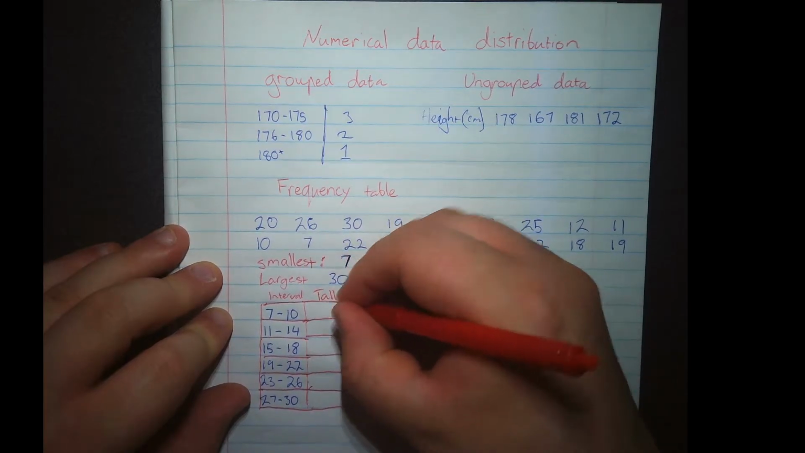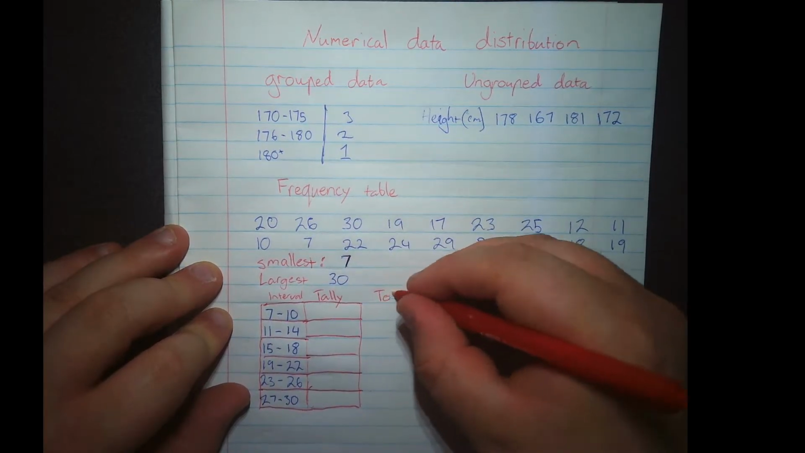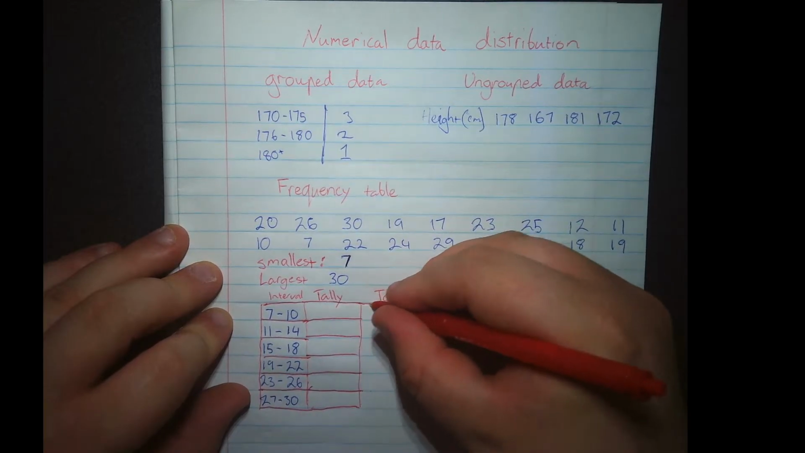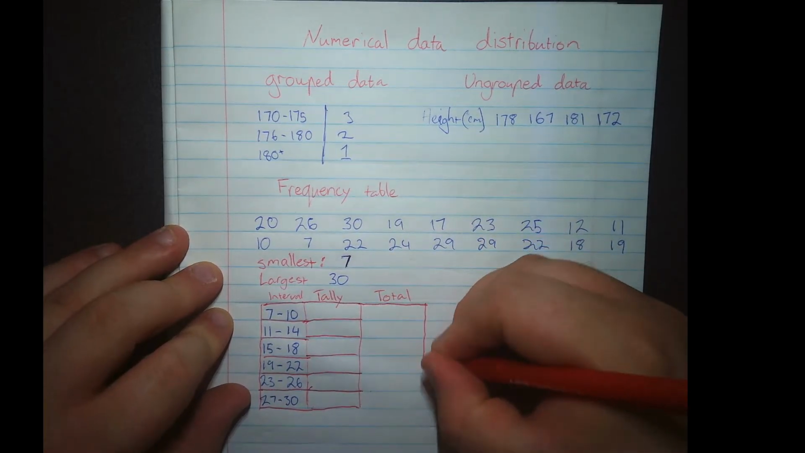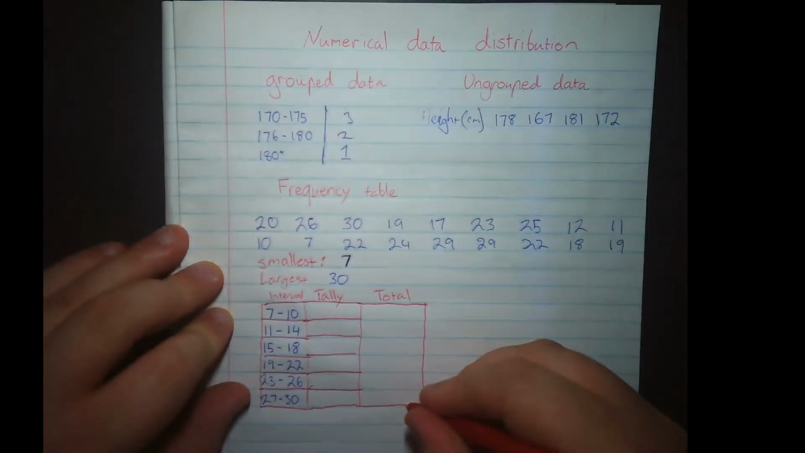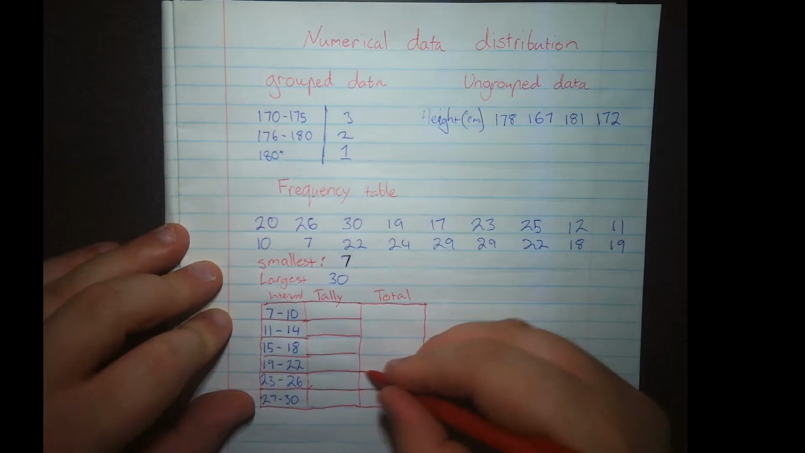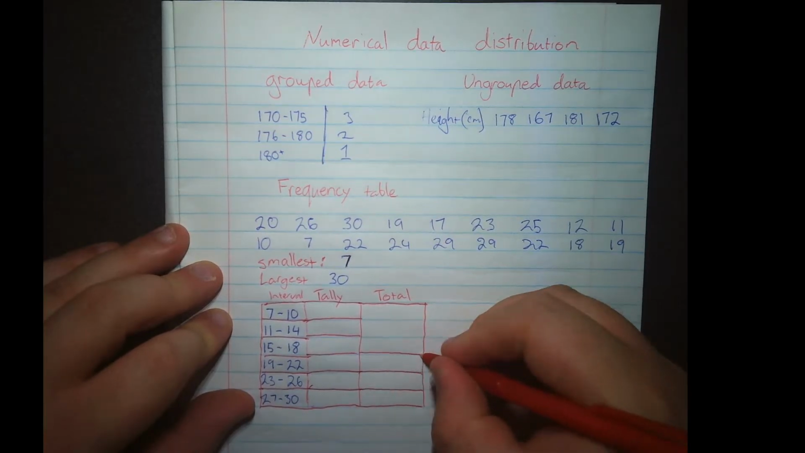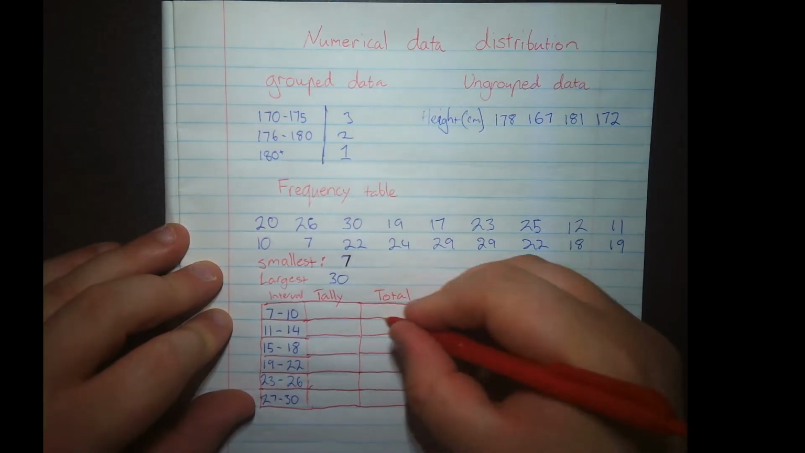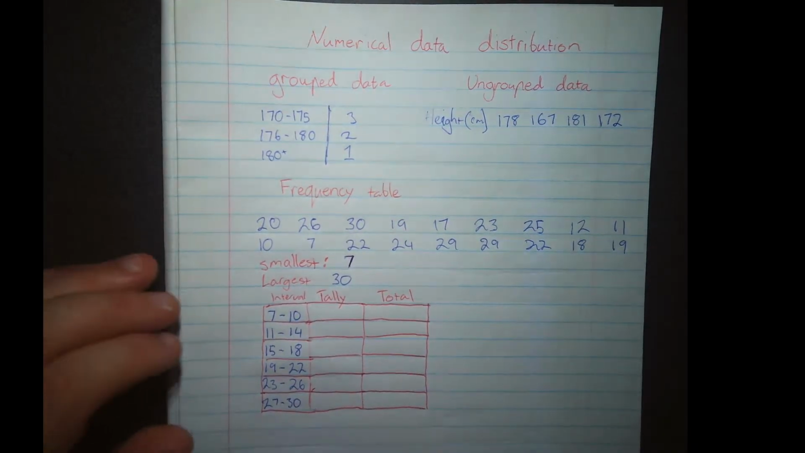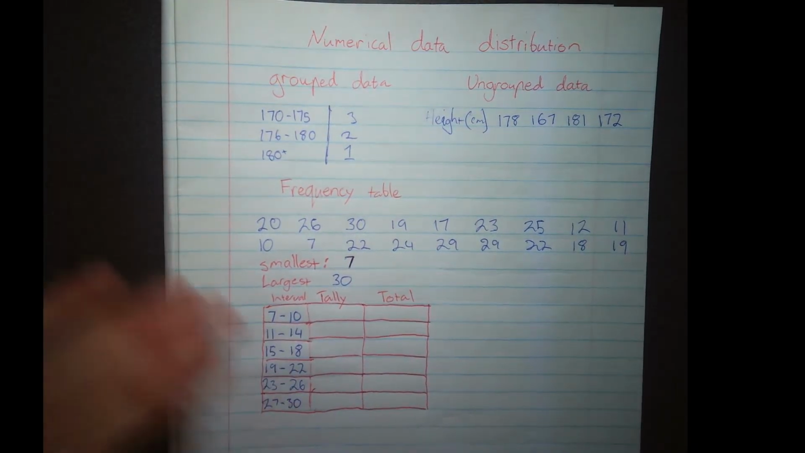So tally, and then I'll have another one for total. All right. You can even go one step further and have the percentage of the total scores and where that fell. That's kind of interesting too, but we're going to leave that off for now. I'm just going to tally up where everything is and then find out